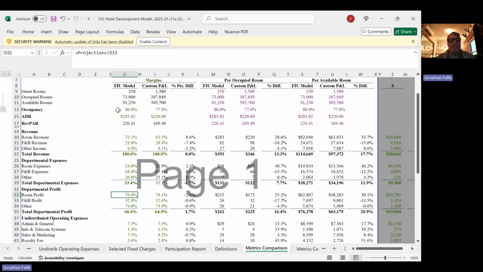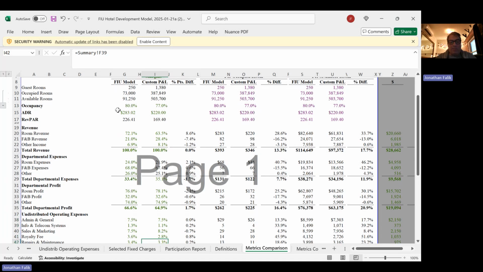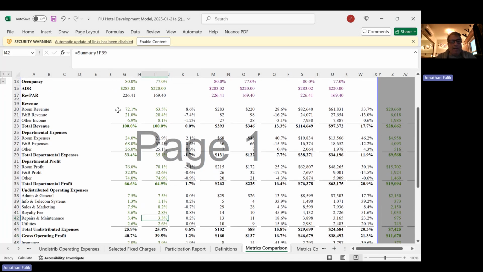Our rooms profit is lower. Why is our rooms profit lower? And you have to explain the reason why. Our food and beverage profit is slightly lower. And here our admin in general is exactly on par. Our info and telecom systems are very close. Sales and marketing, we're a little bit less. So we need to explain each variance. If there's no real variance, you can say it is in line with the competitive